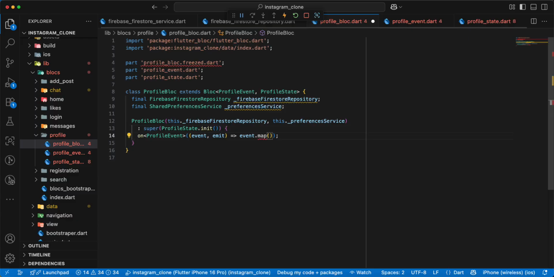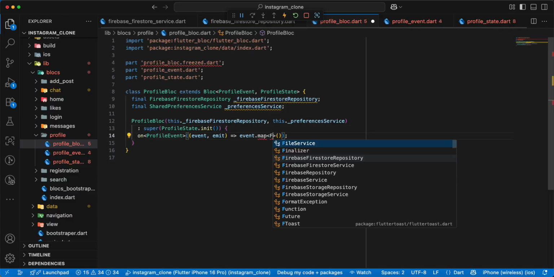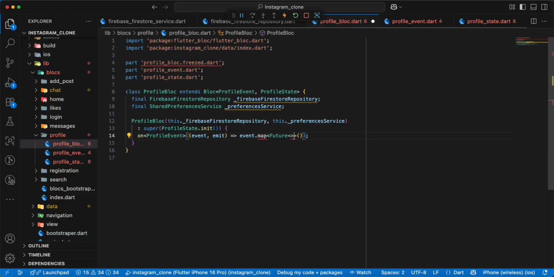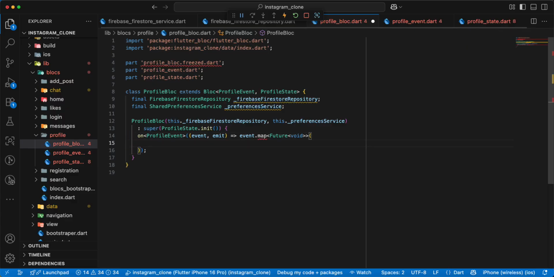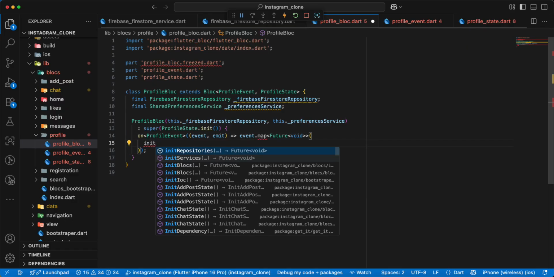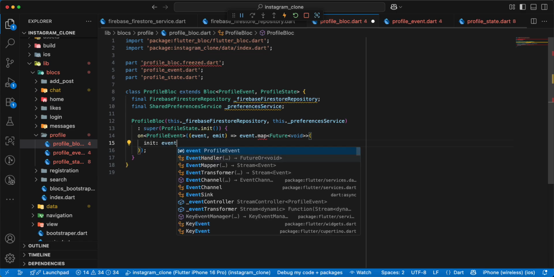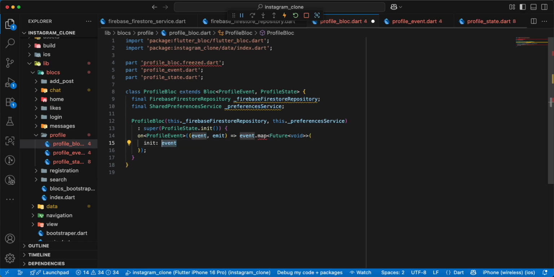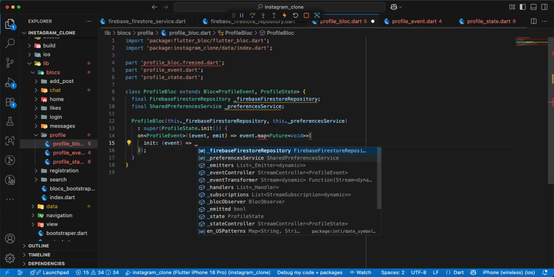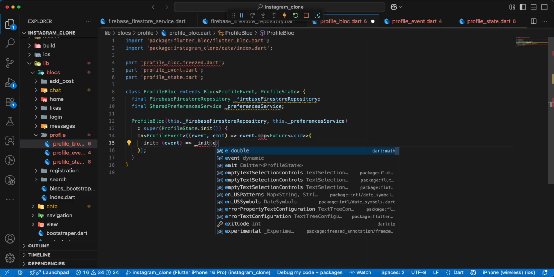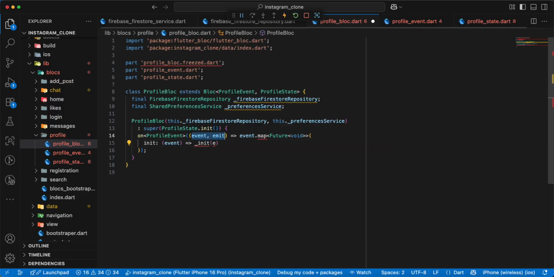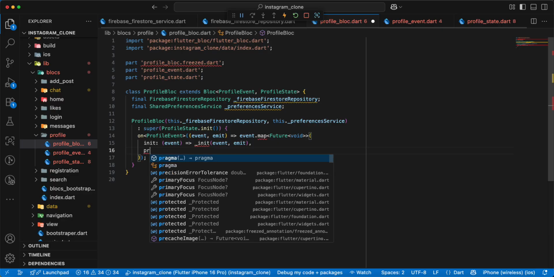and we write Future void, write init, write event, and we add init, next we add preload data,